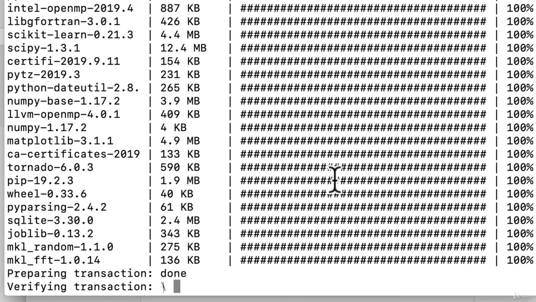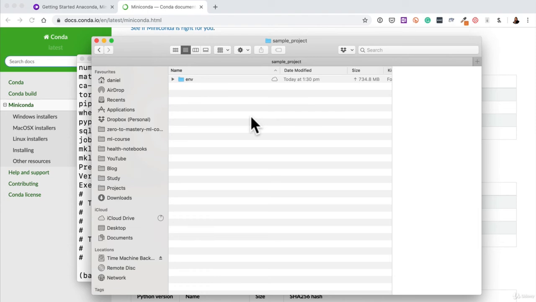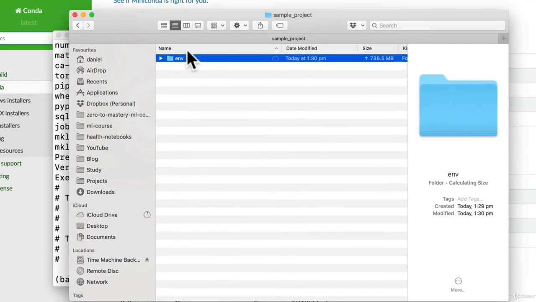Excellent. So that took a few seconds to download a few things from the internet, but now what have we just done? Well, preparing transaction, done. Verifying transaction, done. Executing transaction, done. Beautiful. Now to activate this environment, this is a message from Conda. conda activate /Users/Daniel/Desktop/sample-project/env. Okay, so if we go back into the sample project folder, we can see here, now we've got an env